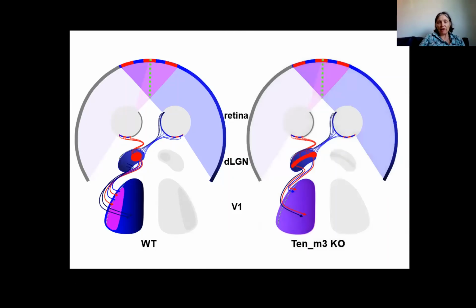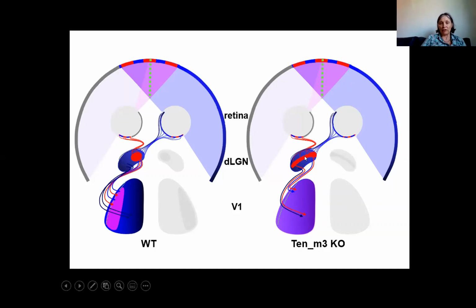This organization, however, can go awry, and as I said, is dependent on the actions of a variety of axonal guidance molecules. One of the ones we've been working on for a while now is called Ten-M3, a type 2 transmembrane glycoprotein, which has been shown to be important for a variety of processes during neural development. One of its roles, which we discovered and are focusing on here, is its role in the mapping of the ipsilateral projection, specifically into